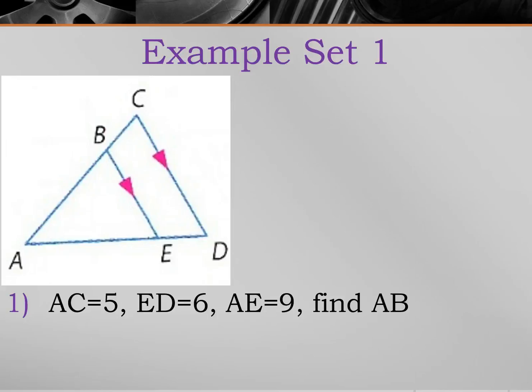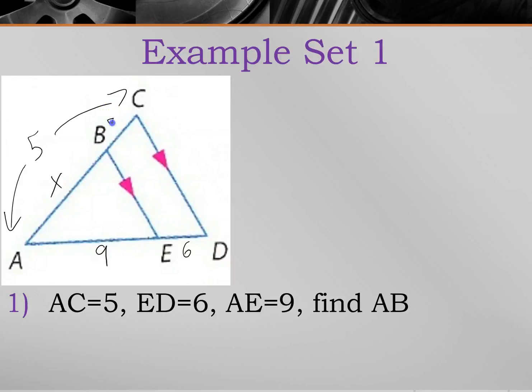So for this one, AC, the whole line, is 5. So AC is 5. ED is 6, and AE is 9, and we want to solve for AB. Well, to make our lives easier, if I just called AB X, once I solve for X, that's my answer. Now, in order to set up our proportion, I also need BC. Well, I don't know AB or BC. But if the whole line is 5 and a piece of it is X, well, the other piece has to